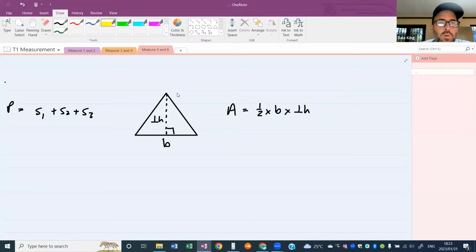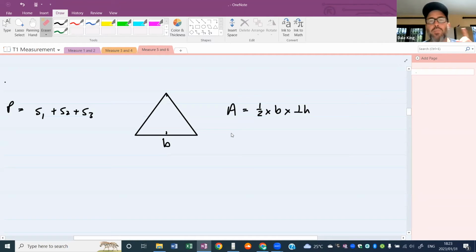All right, so where are these perpendicular lines? In a normal triangle, I'm going to erase this for now, but we'll put it all back. Whoopsie, there's the triangle. Let's try again. So there's a normal triangle. We need the base of the triangle, which is this line here at the bottom where the B is. And then the perpendicular height must come off the base. And that is critical. That is very, very important to understand. The perpendicular height that goes in this formula must come off the base,